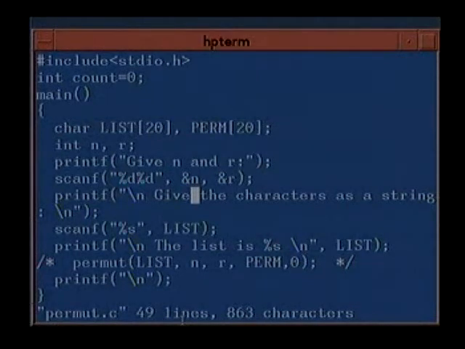Okay, so we say printf give the characters as a string, and then we read it in a %s format into the character array list.